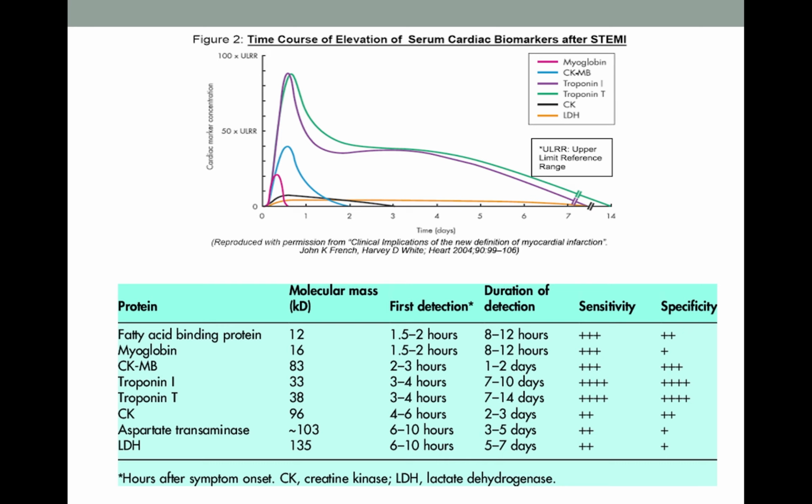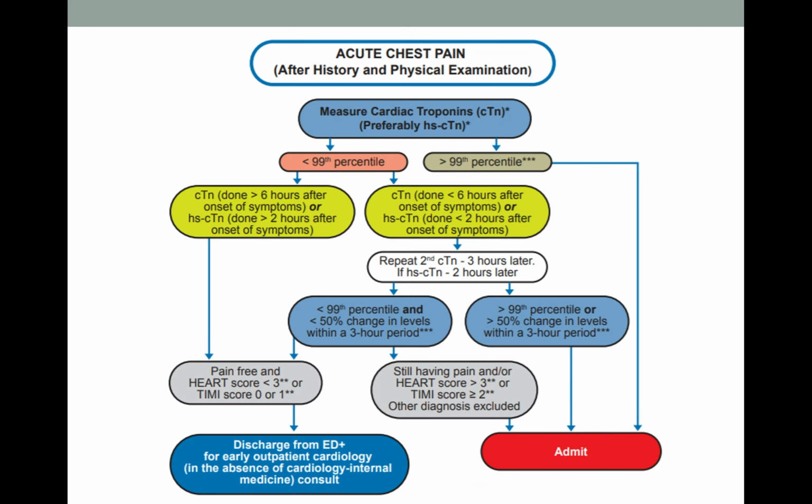So next, I will talk more on the cardiac biomarkers. There are many types of cardiac biomarkers, but we usually use troponin because it's the most sensitive and specific cardiac biomarker. In the latest CPG also, they mentioned how we should use high sensitivity troponin, which we are using in our hospital, HS troponin.